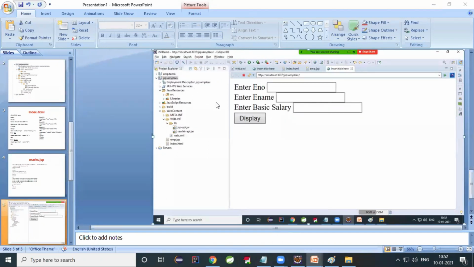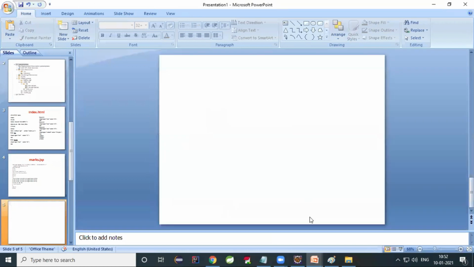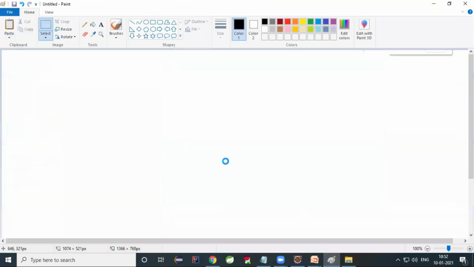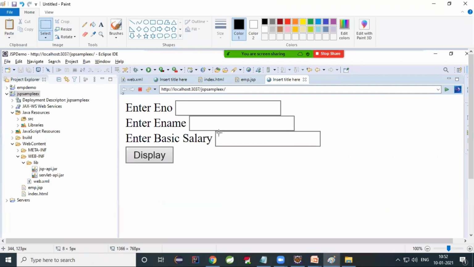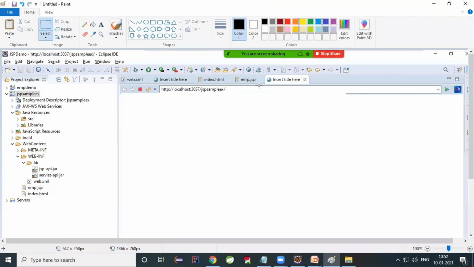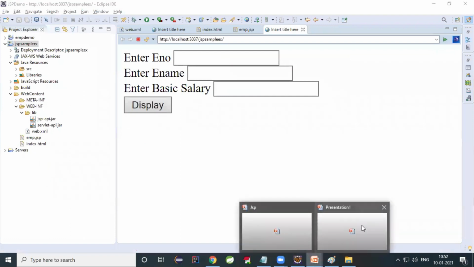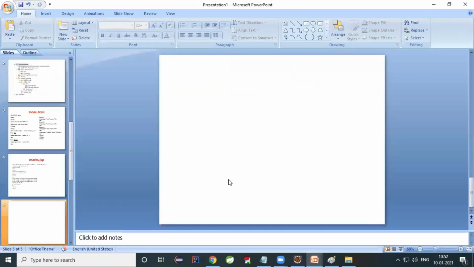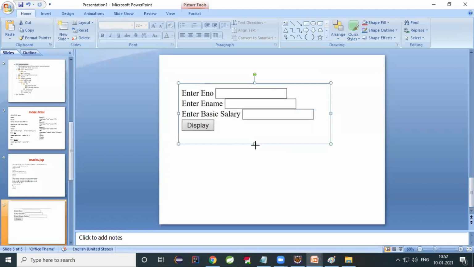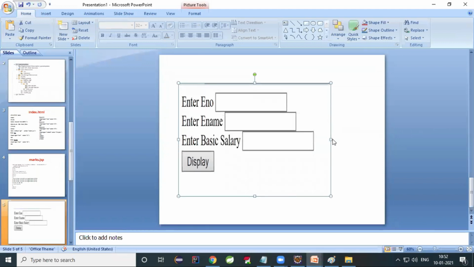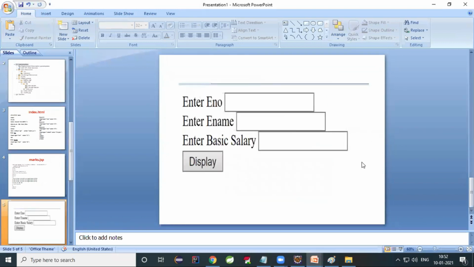This is my design. And the user will enter the employee number. I want to calculate the total salary. Here you can see this is my design. Enter employee number, employee name and what? Basic salary.